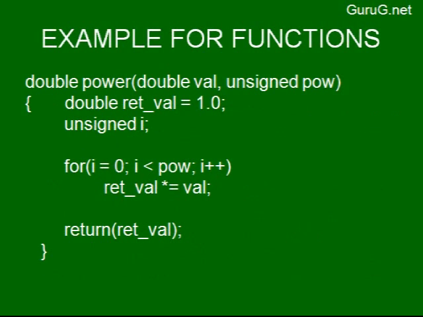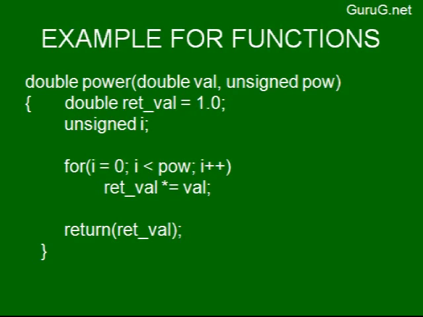This is an example of a function. You can see double power, open parenthesis, and you have two parameters. One is of type double, the next one is unsigned, and for the name you can give any name. Inside the function I have declared one variable,